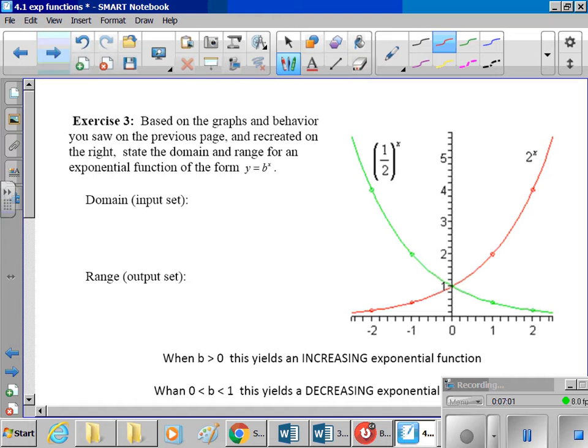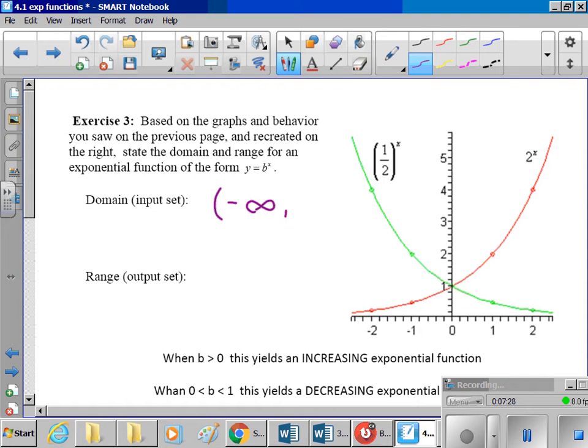So based on the graphs and behavior you saw on the previous page and recreated on the right, state the domain and range for an exponential function of the form y equals b to the power of x. So our domain is our set of x's. What are the x's that this works for? Well, all of them, right? There's no x value where b to the x is going to not work. We can always raise b to some power, right? So our domain is going to be